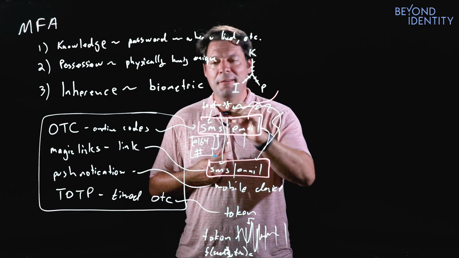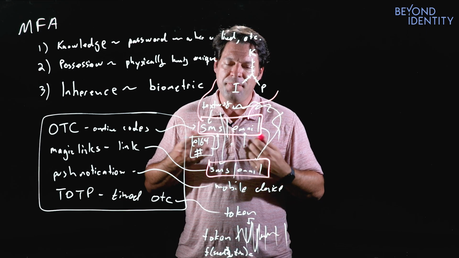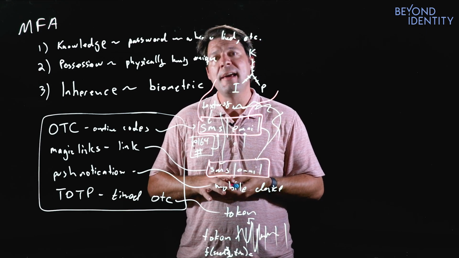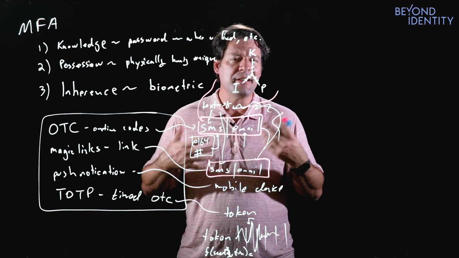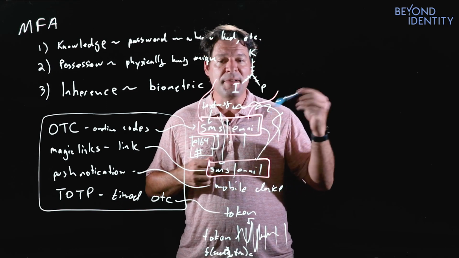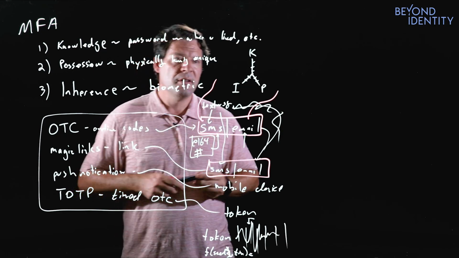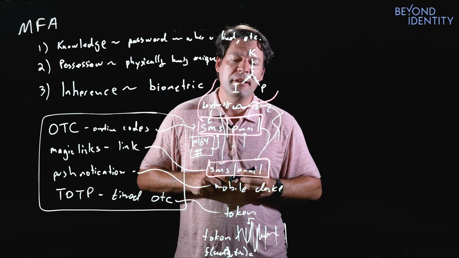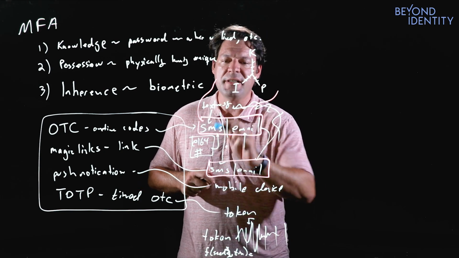Well, the weakness there is pretty obvious, right? Number one, SMS is not a network that guarantees privacy. When I think about data at rest and data in transit, when I'm transmitting things that are secret, i.e. magic links and one-time codes, over SMS networks, it turns out every operator of the network actually has the ability to look at what's going on there. There are no privacy guarantees in SMS.